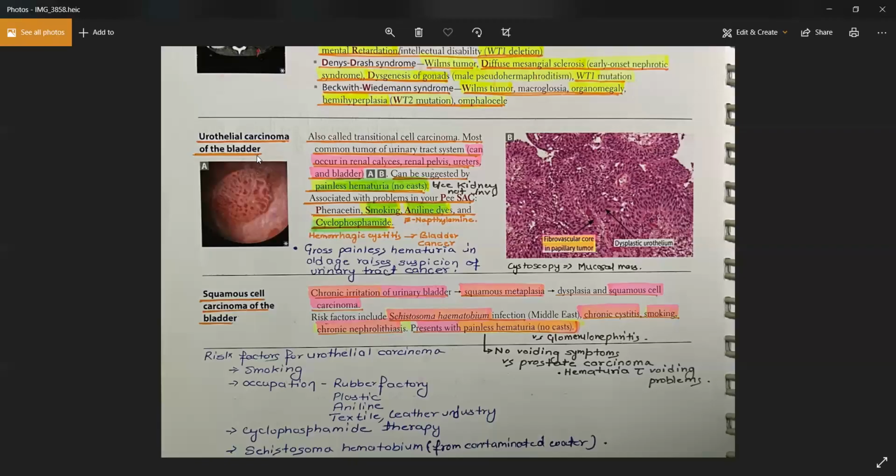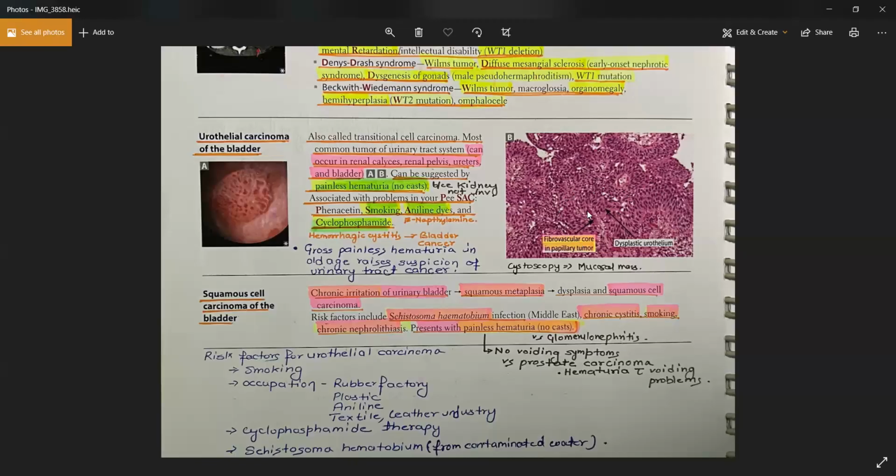Now once you suspect that the patient could have a urothelial cancer, you will do the cystoscopy. On this cystoscopy, you will find the mucosal mass in the urinary bladder. As you can see, this kind of mucosal mass will be visible on the cystoscopy. You will take a biopsy of the patient with a cystoscopy. On the biopsy, you will find these kinds of papillary masses. These papillary structures will be seen, and that's why it is a papillary kind of tumor.